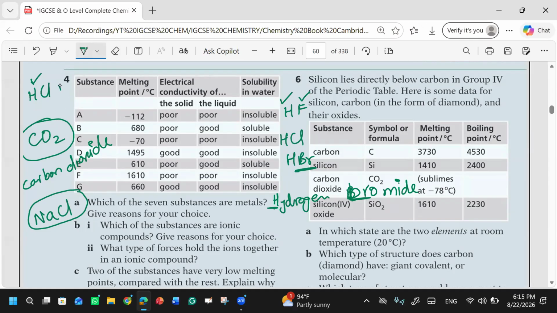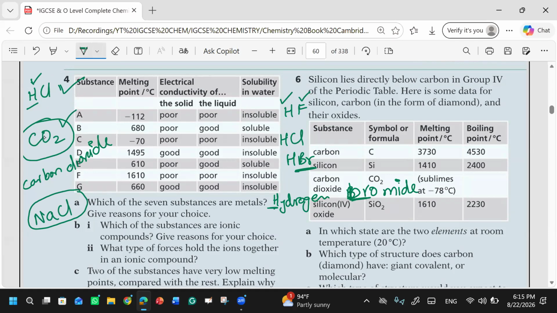In covalent bonding, maybe the bonding is hydrogen, which is a non-metal as well. So the bonding may be hydrogen with another non-metal. In this case, you will give the name hydrogen first. And if you have two non-metals, this type of covalent bonding, then we will see which group comes first.